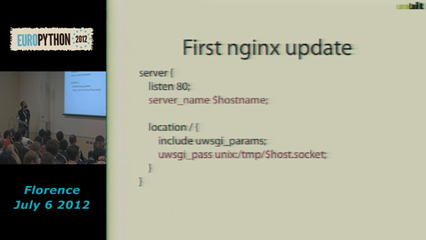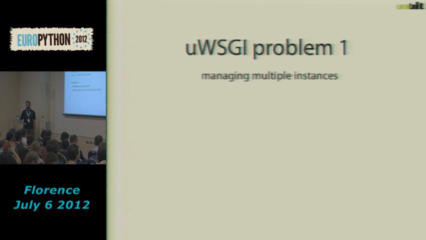So we will update nginx to make it smarter. We will use only one virtual host. We will set a variable host name. This will be set to the host name of the machine. And the last one is the more important. Every time nginx receives a request, it will map the name of the uWSGI socket with the host header of the request. So if you have a request for example.com, your socket will be mapped to /tmp/example.com.socket. For example2, the same rule applies.